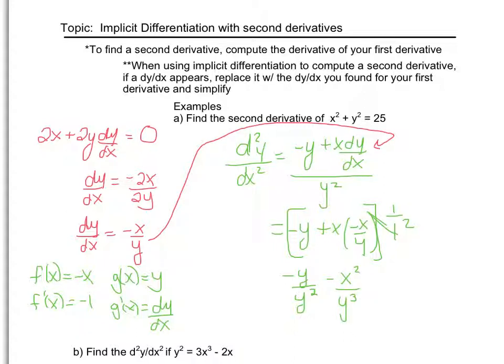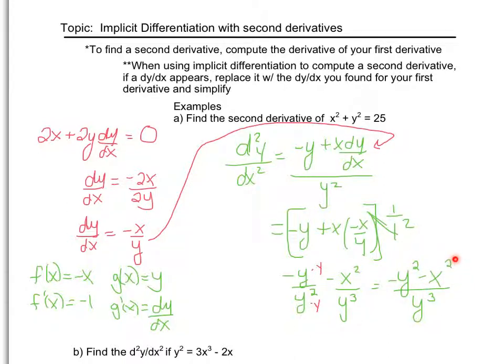If I multiplied top and bottom of that first fraction by a y, I would have a common denominator and could write it together. So I'm going to do that, giving me negative y squared minus x squared all over y cubed. Oftentimes I'm done at this point, but I happen to notice that I've seen almost this exact expression already in this problem,